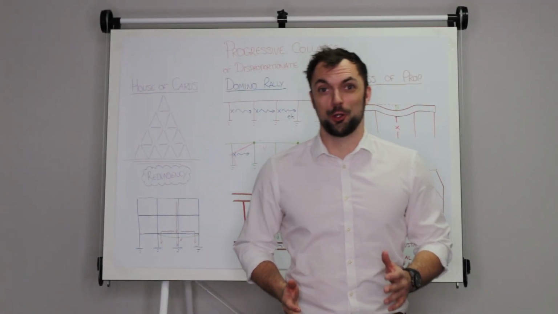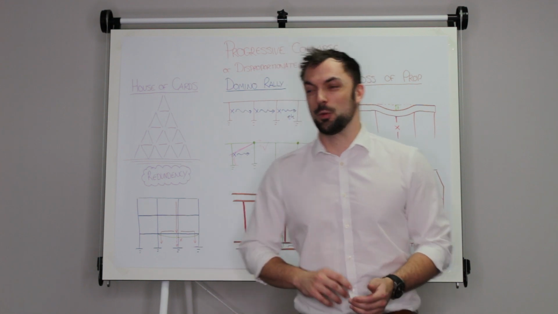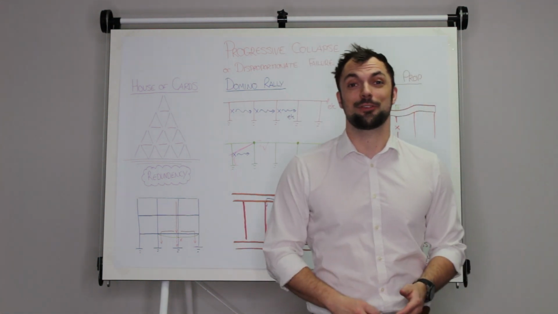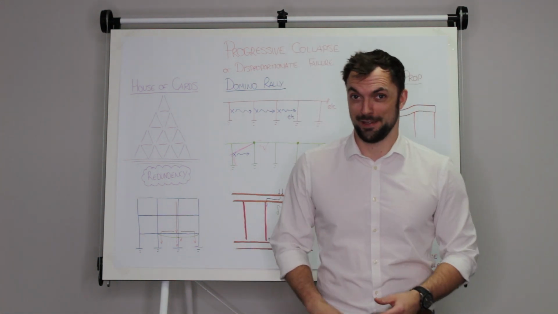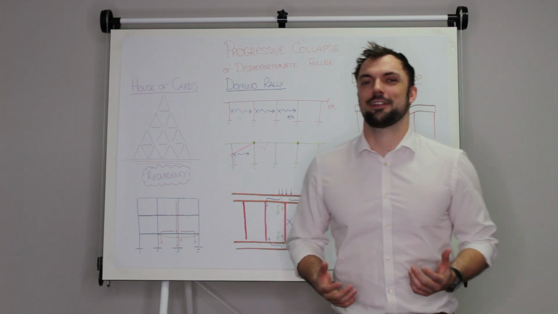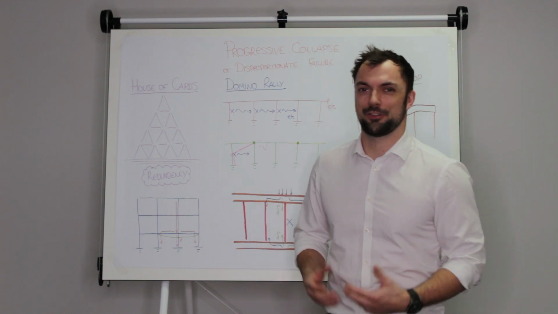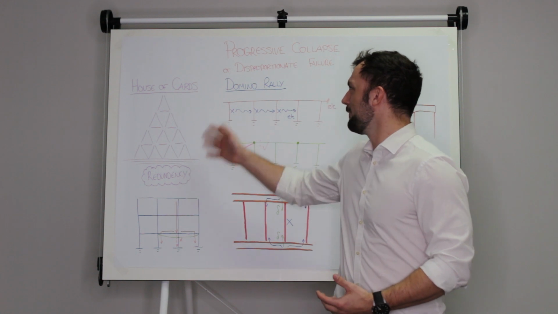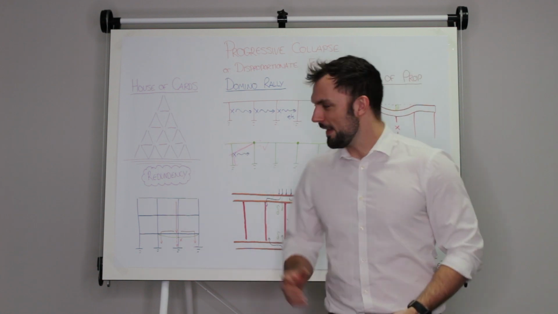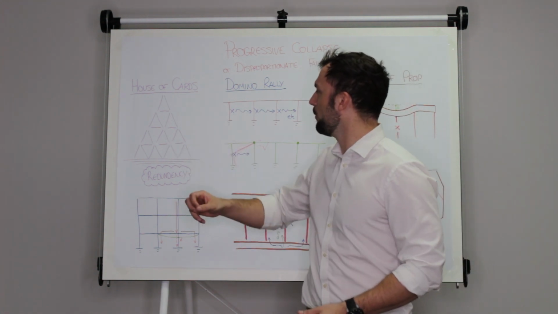Welcome back to the drawing board with me, Steven Lloyd, and today we will be talking about progressive collapse or disproportionate failure. There's lots of ways this can happen, but there's a few simple models that I like to use as the examples. First is the house of cards, and that is if you take out any one of these